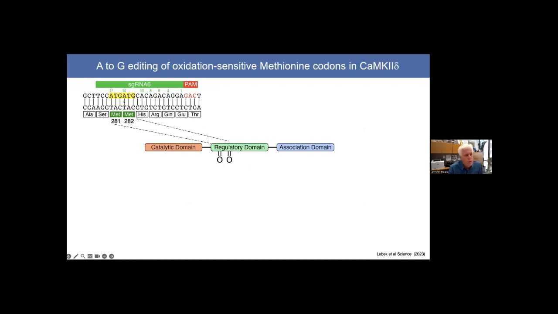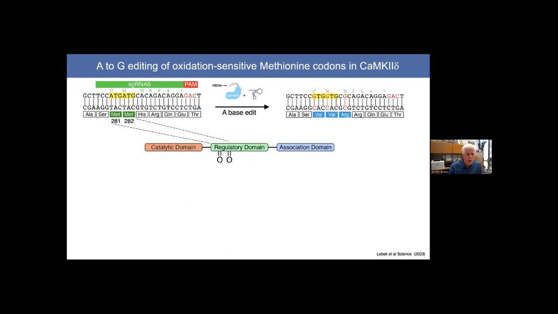And so we wondered whether those ATG codons would lend themselves to adenine base editing to change the amino acid sequence and thereby render CAMK2 resistant to pathologic activation. So we screened a variety of base editors. I won't go into all the details. For the experts in the audience, I'll simply say that we ultimately settled on ABE8E SPRY, which has a specific editing window, and we identified the optimum guide RNA to base edit these target